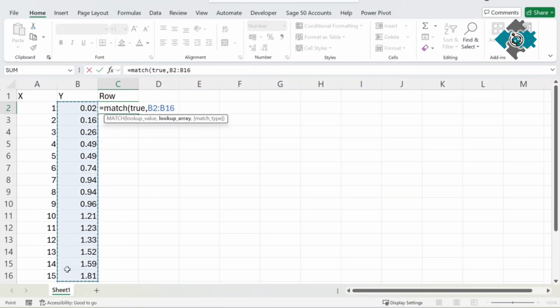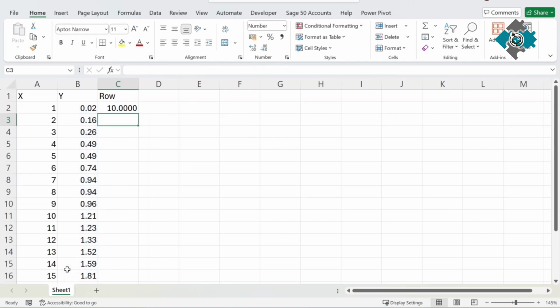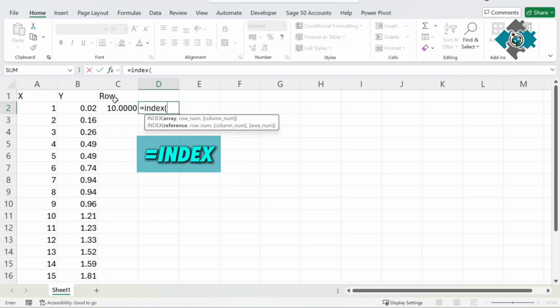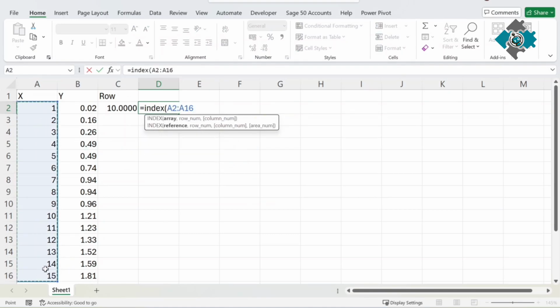So the data here, where it's greater than 1, is what we want to return. And we'll have an exact match for that. And what that returns is 10, which, as you can see here, the 10th value down is the one that's above 1. But we need this value here, not just the position. So the way to do that is to use index now, and the array is the X values, and our row number is going to be this,